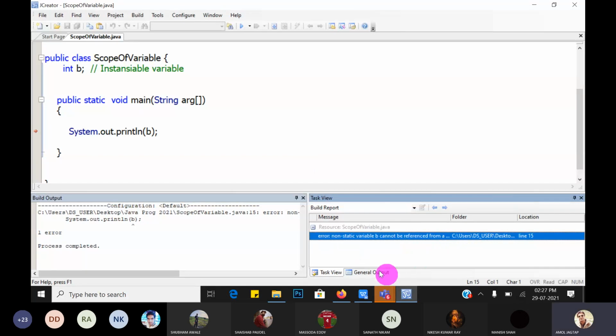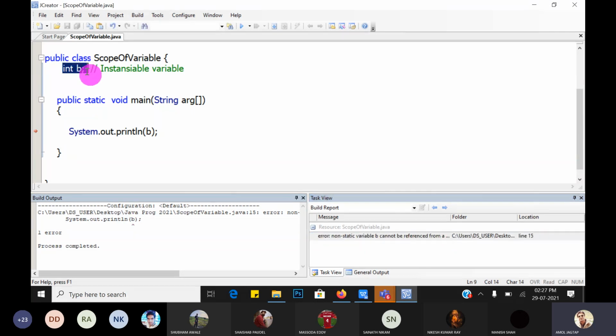So this is the error, cannot be referenced from, because this is an instance variable, and whenever we access that variable inside any method, we must create the object of that particular class, that is the scope of the variable. This is the name of the class. So first we have to create an object.